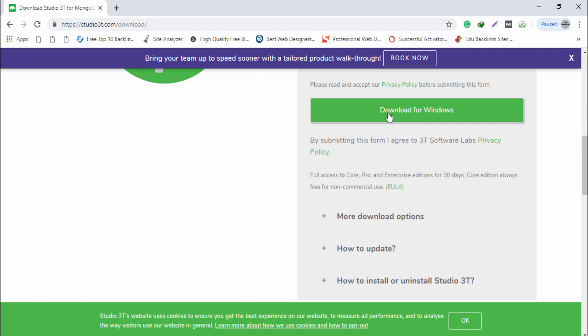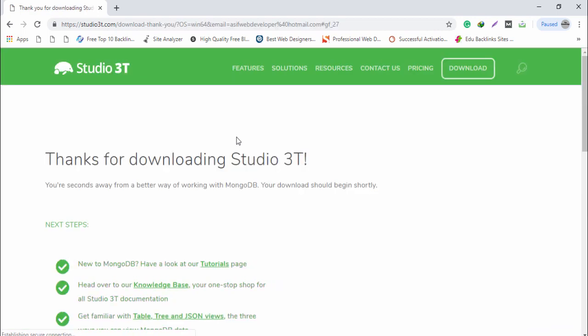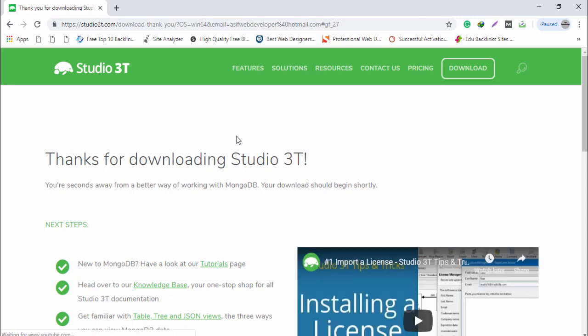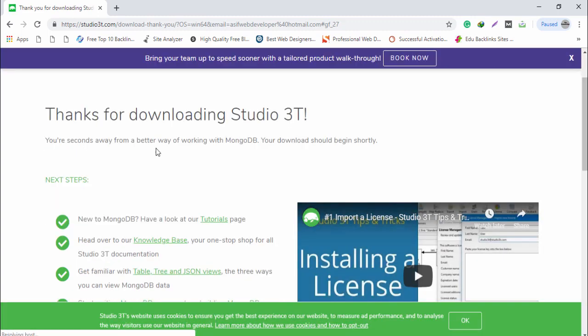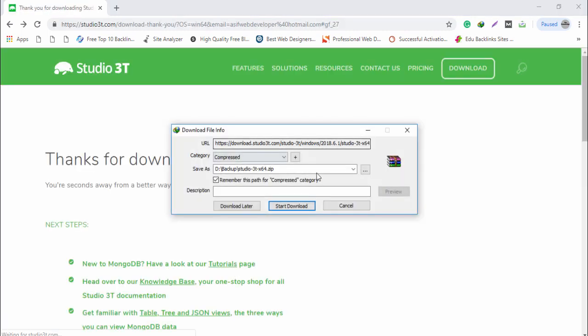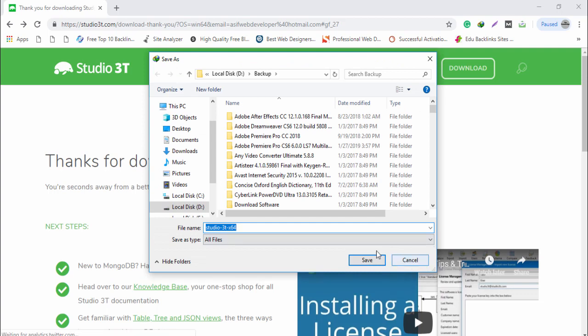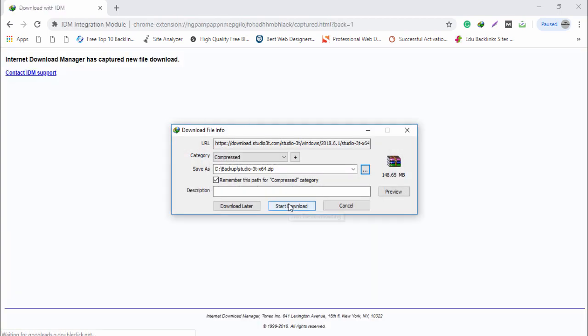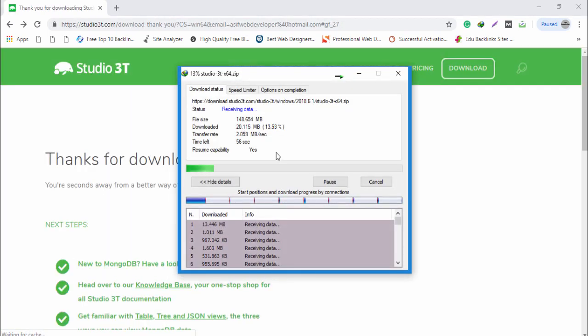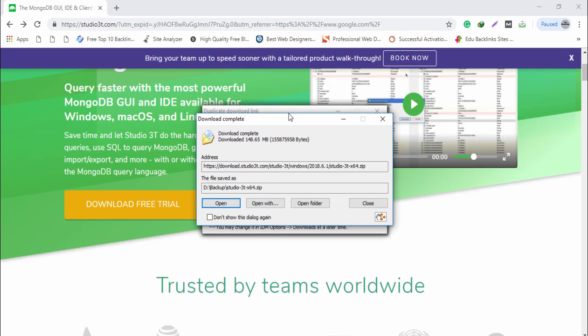You need to click on that, and then wait a couple of seconds for it to download. Once you have downloaded